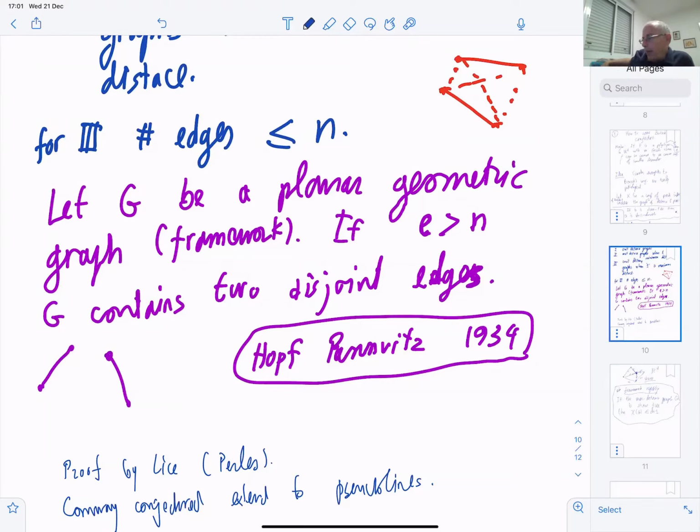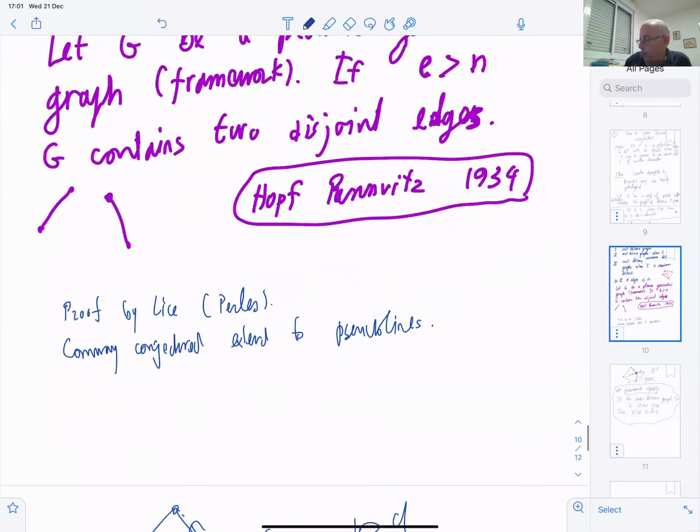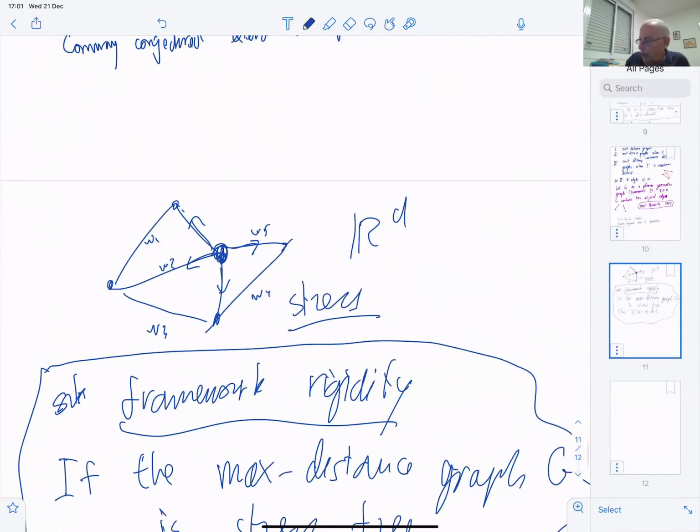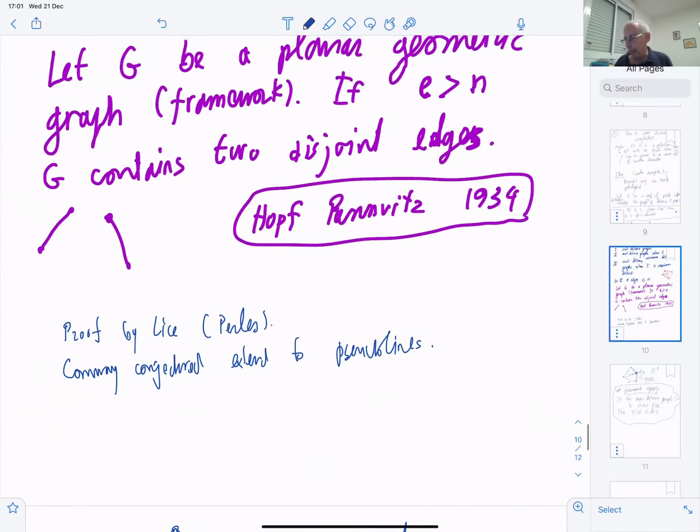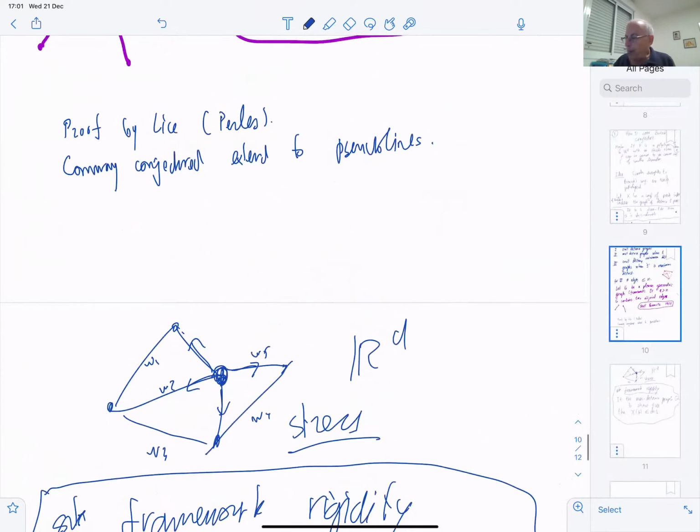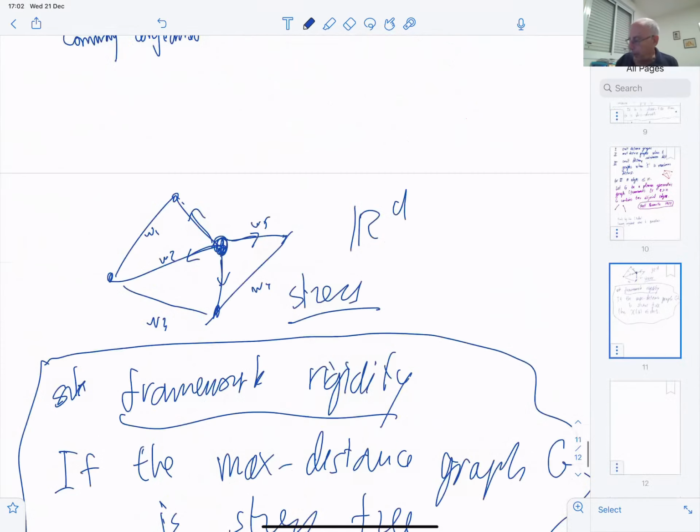And Micha Perles, 50 years later, found a very nice proof using lines. The original proof, there are many proofs, and it's fairly a nice result. So maybe I will not give Perles' proof, and